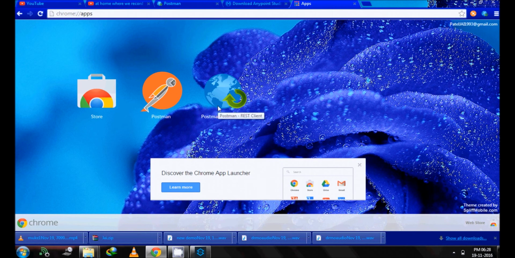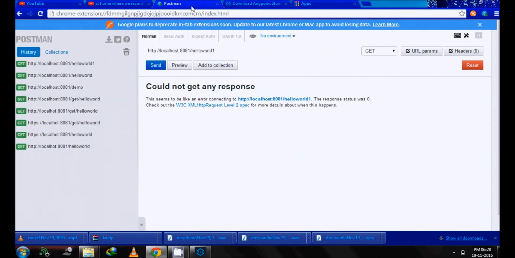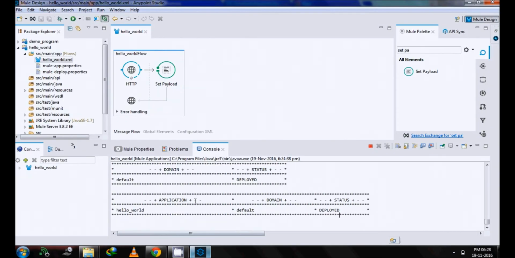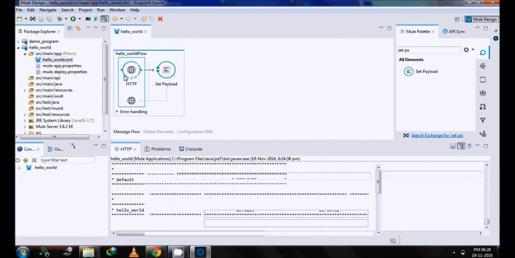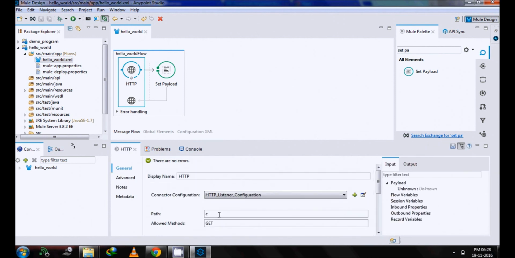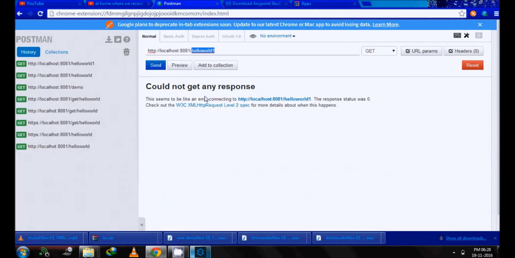I type this URL, http://localhost:8081, the port we already set in the HTTP connector, and we already gave a path, sorry, my bad, hello world. Now after giving this whole URL, we send a request.